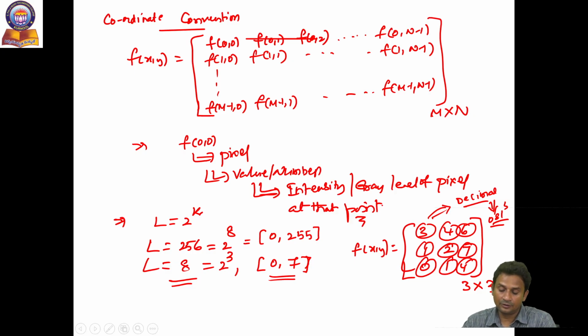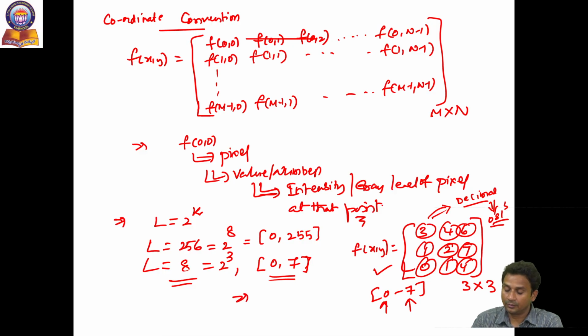In this image, we have only pixel values in the range 0 to 7. We have a total of 8 intensities, 0 to 7. So if you want to represent any one of these numbers, the number of binary bits required is only 3, because